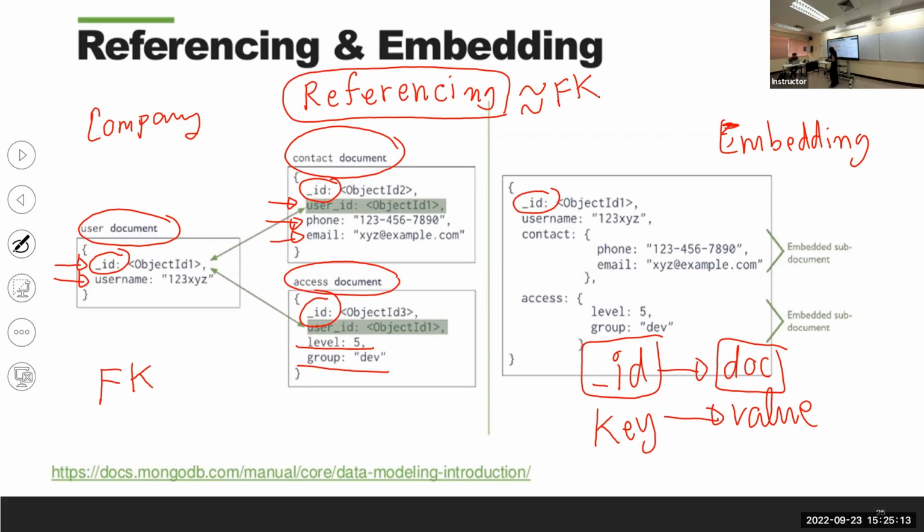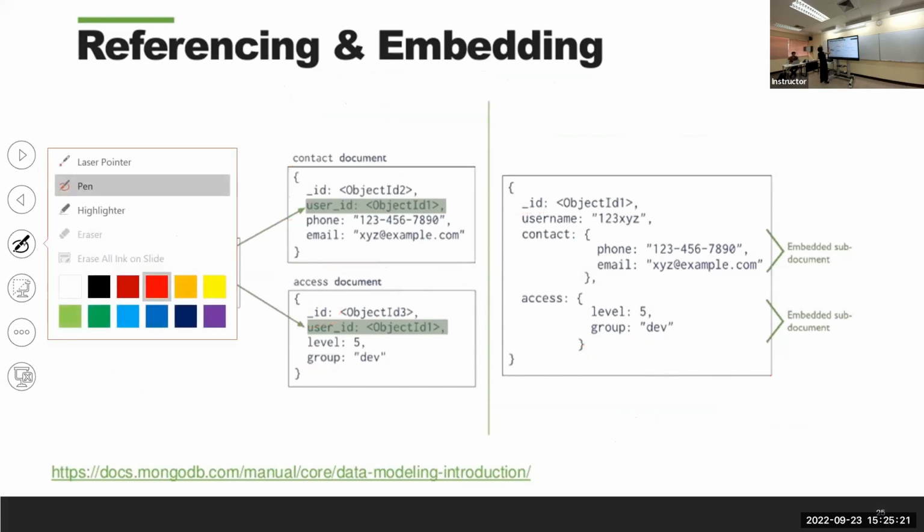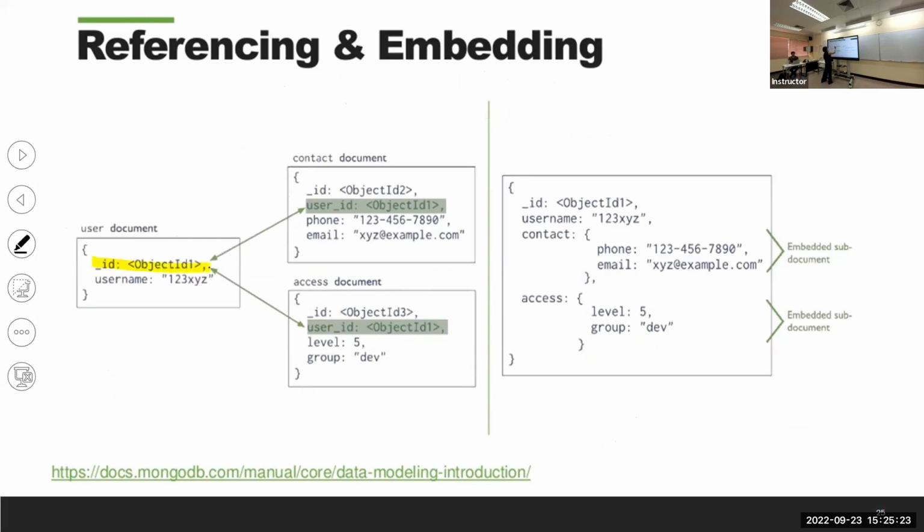Such as here, this is the key of this user document. We use ObjectId here, which is actually not a real ID, but it is just to say that there will be